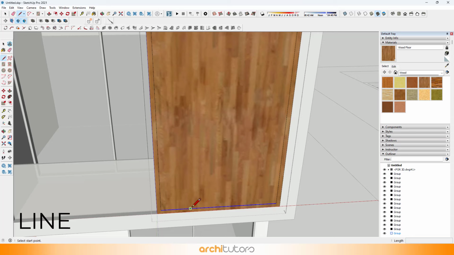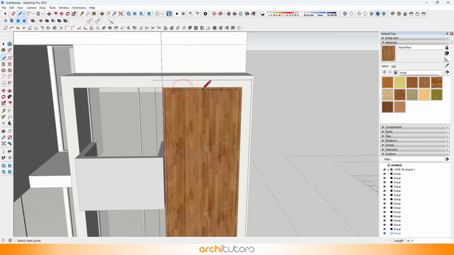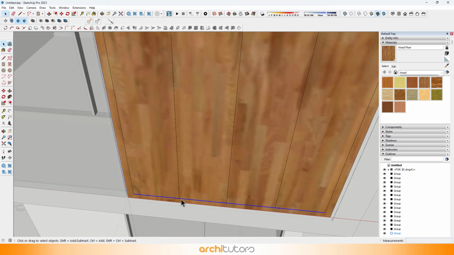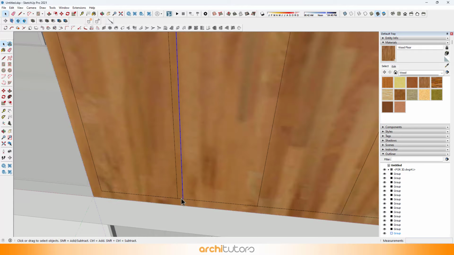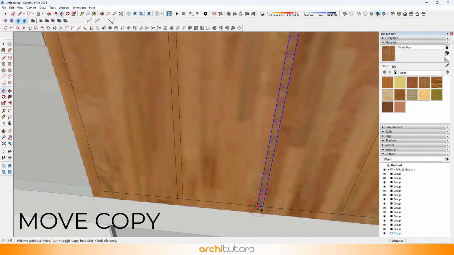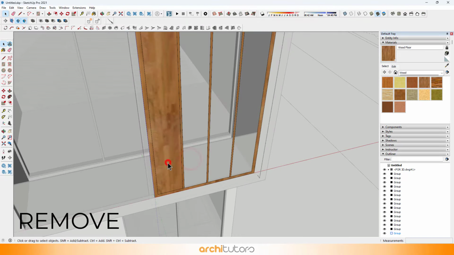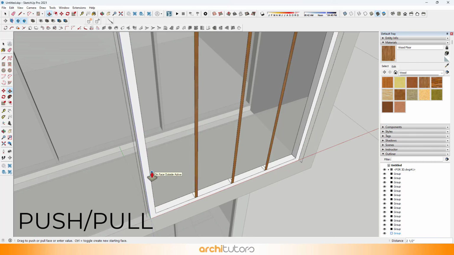Add vertical members in between using the line tool. And extrude this using push tool.